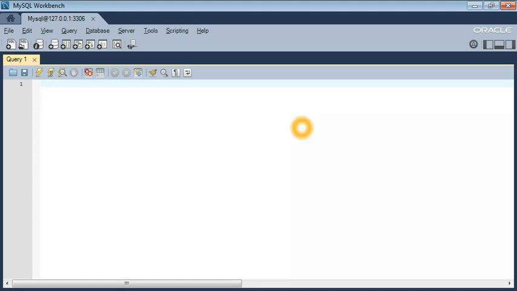Today we're looking at the MySQL logarithm function for positive numbers in MySQL Workbench 6.0, and we'll go right